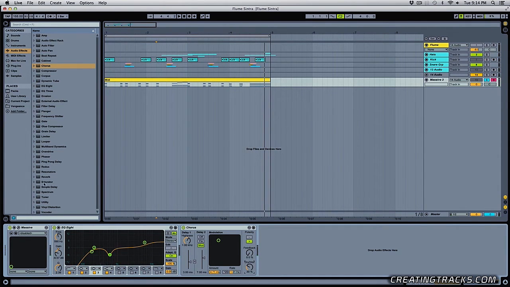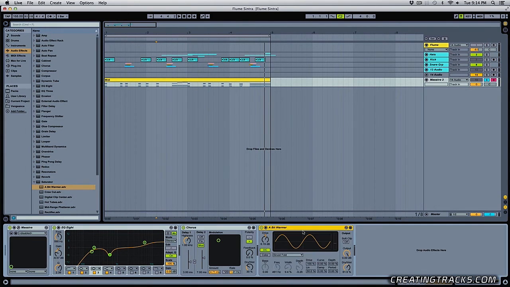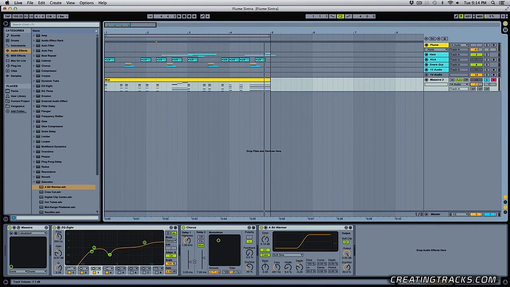Alright, and the last thing to do is grab a saturator, a bit warmer preset. We're going to turn on the color, soft clip, and we're going to grab the soft sine waveform. And I don't like 100% on my effects, so I'm going to bring this down to about 60. So I'm just going to bring down the volume a bit, unsolo this track, and